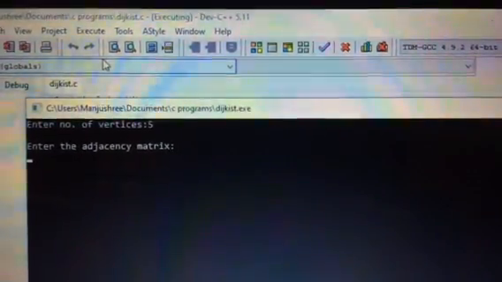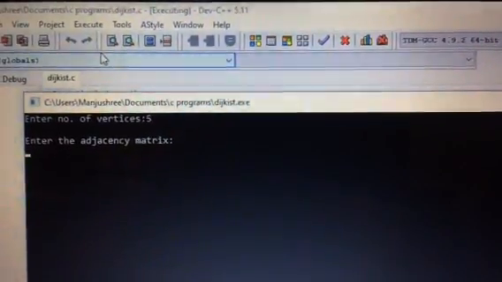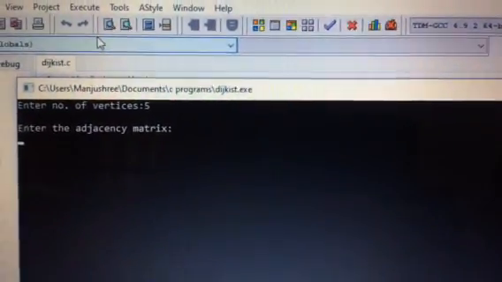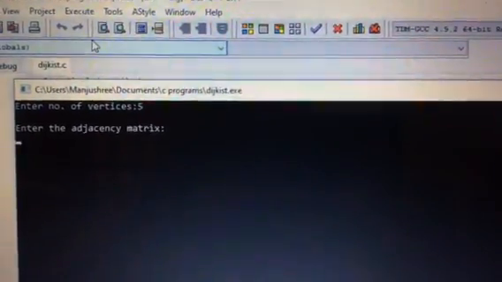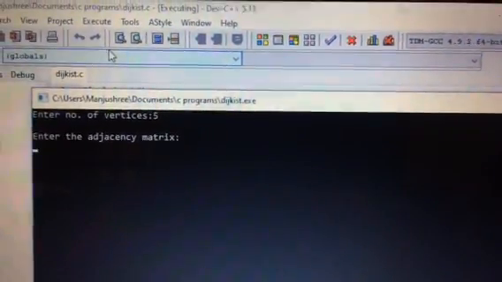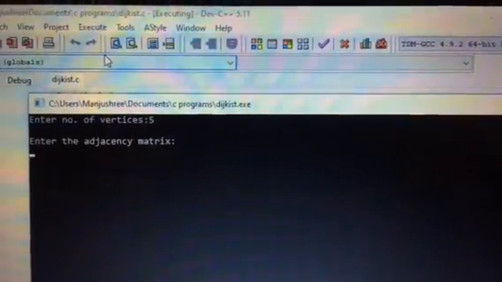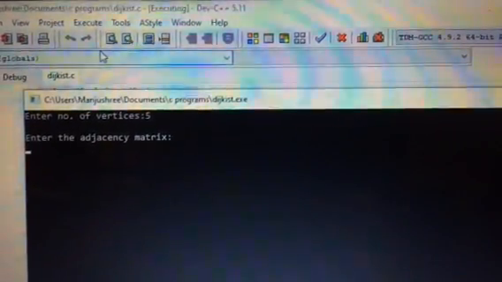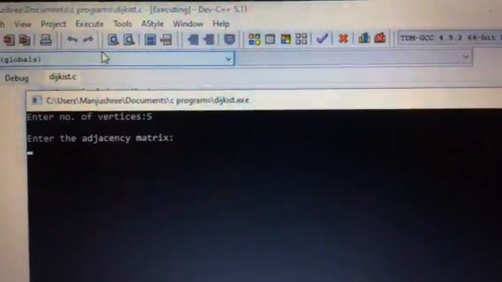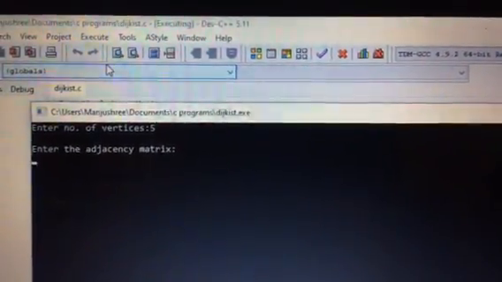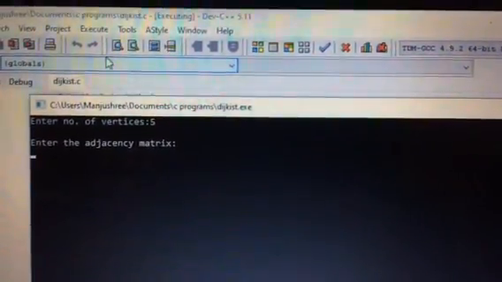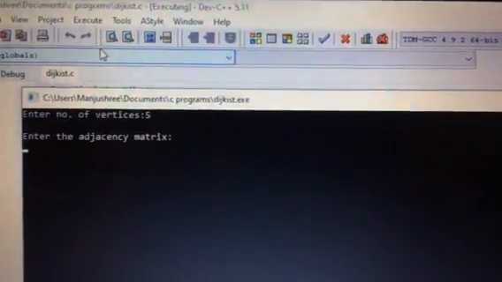I have considered 5 vertices, so my adjacency matrix will also be 5 cross 5, meaning it will have 5 rows and 5 columns. Enter the number of vertices means we have 5 nodes here, and enter the adjacency matrix means we have a 5 cross 5 matrix with 5 rows and 5 columns.